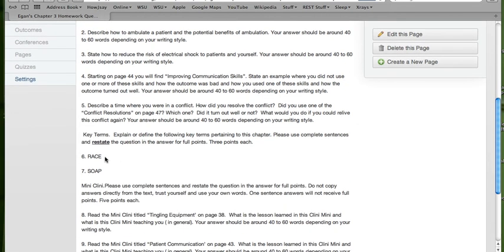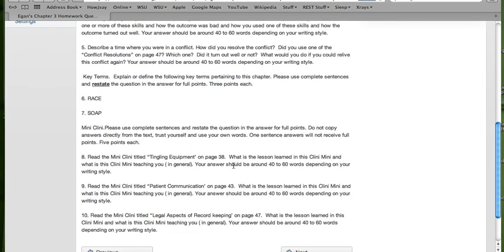There's only 2 key terms here. There are 2 acronyms, RACE and SOAP, and they're in your text. So you would say RACE means, well, in this case, it has to do with fire. I think it's rescue, alarm, contain, and extinguish. And so to get full points, you would say rescue means and so on. Then there's cleaning minis, and it gives you